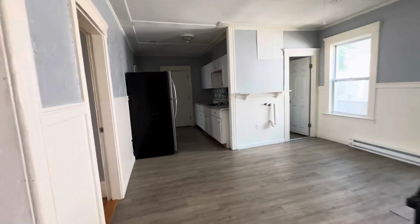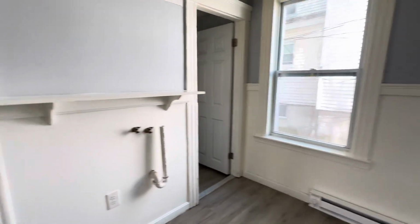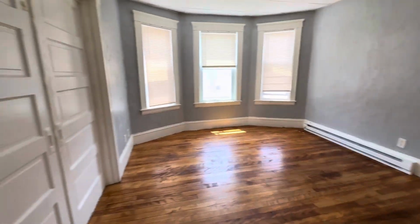And coming through here, here's the vinyl floors again, as well as the baseboards. Baseboards are going to be throughout the apartment. Here's the hookups for the washing machine right here. Come through here. Oh, and hookups for the dryer machine are in the back. If you look here,